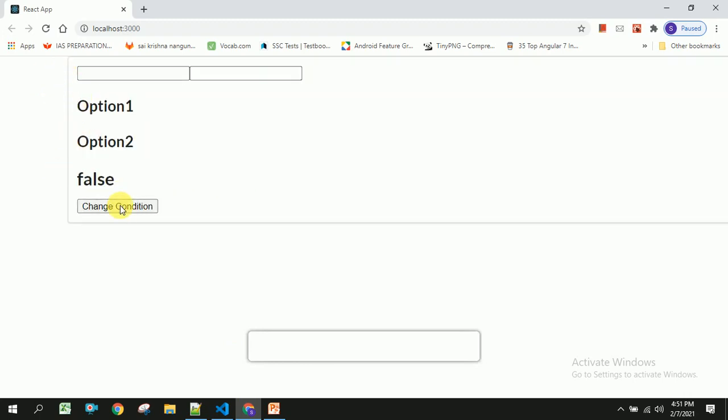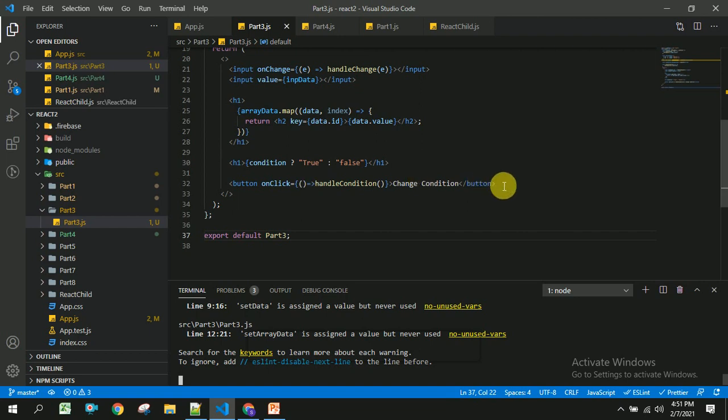So in this way we can change the content based on the condition. So in the place of text you can use any element like text box, drop down, anything. It can be tabs, etc. So we will see another one where I am going to use h1 instead of ternary operator. If the condition is true, we will render some data. If the condition is false, we will be hiding the data.